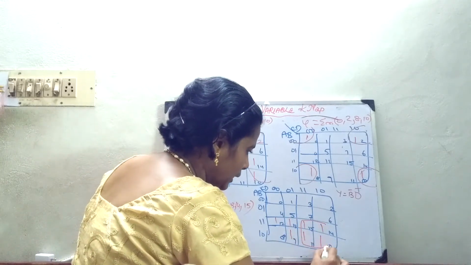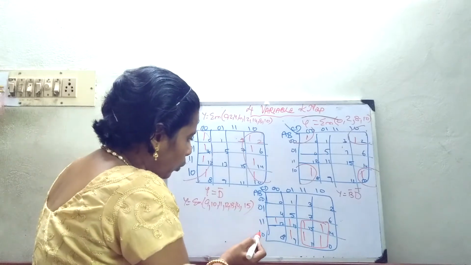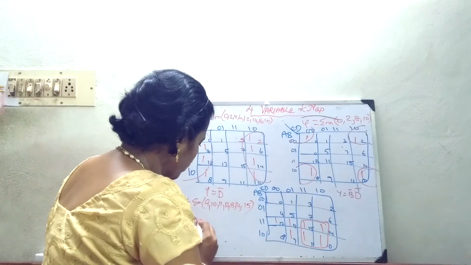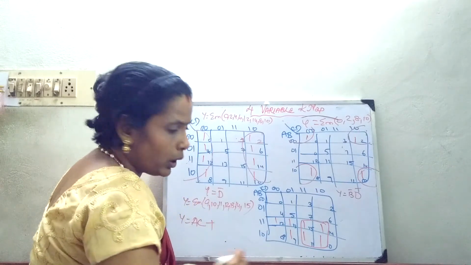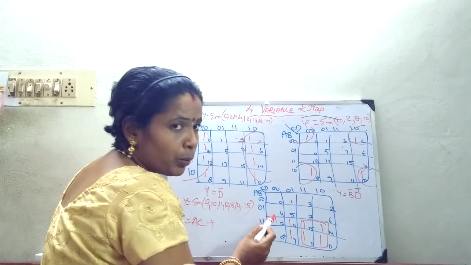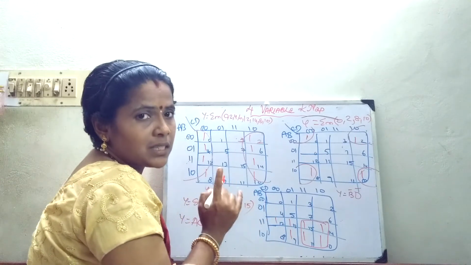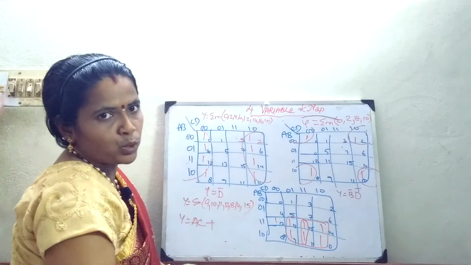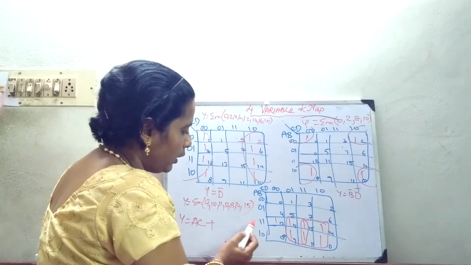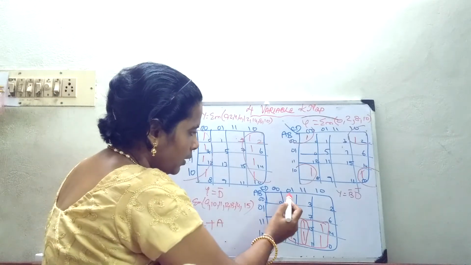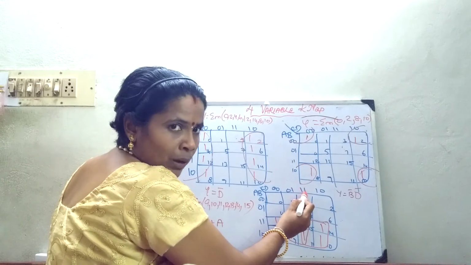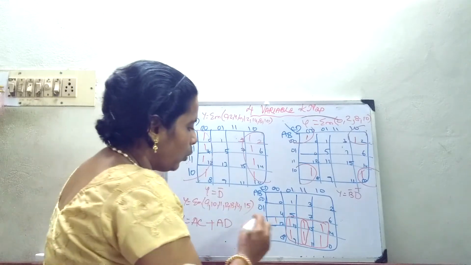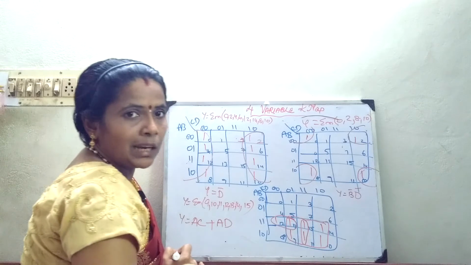Suppose I am grouping like this, a 4 cell grouping. What will be the answer for it? 1, 1 it is matching, A, 1, 1 it is matching. So, the first grouping is over. Now again, I can go for a 2 cell grouping and a single cell grouping, but I should always go for a larger cell grouping. So I will go for another 4 cell grouping. What will be the answer for it? It is A. First variable is not matching, second variable is matching. So the second variable is D. Okay. And now I will go for a 2 cell grouping.